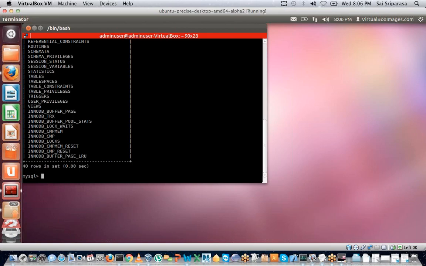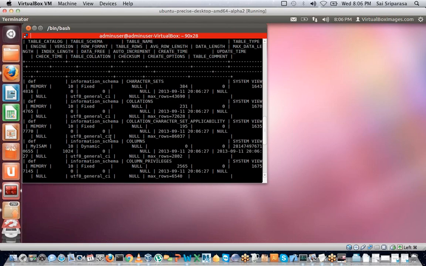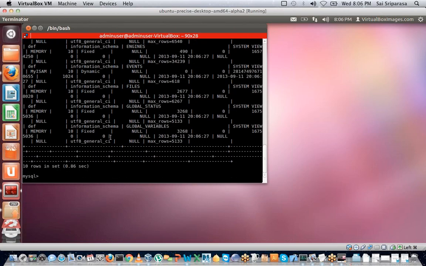So anything such as user privileges, any kind of functions, any kind of procedures, any kind of tables. As an example, if we say select star from tables, let's do limit 10. See, we'll actually have a list of all the tables, and somewhere, using table schema,